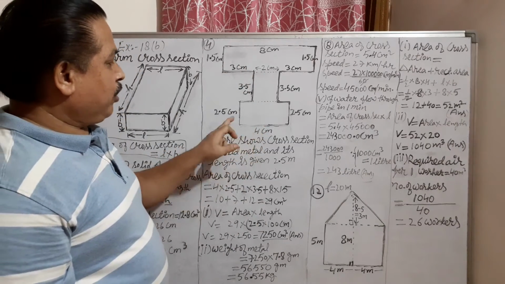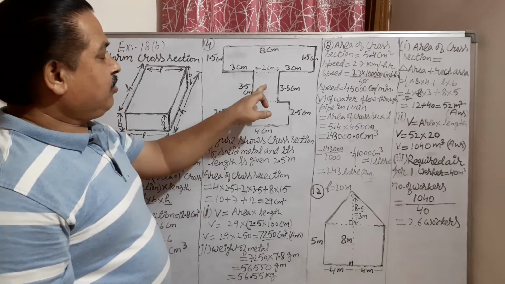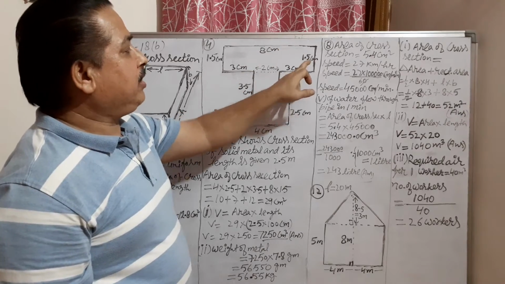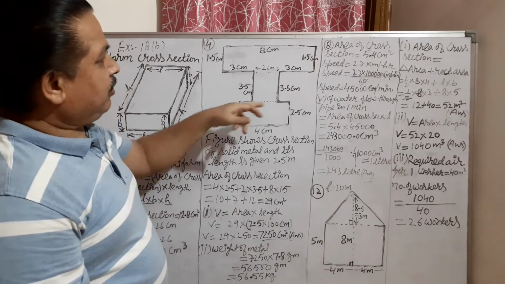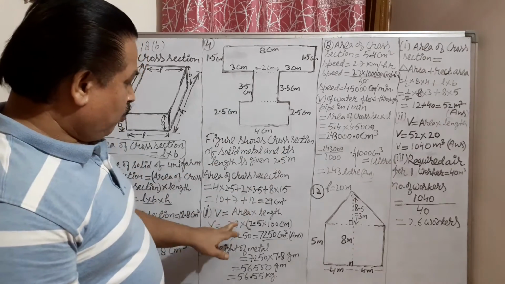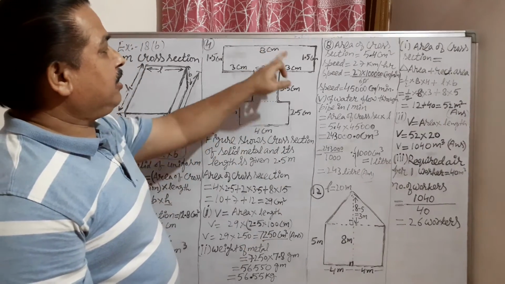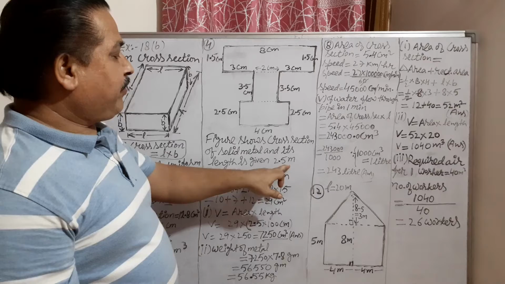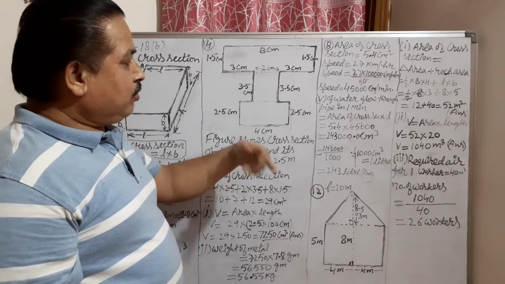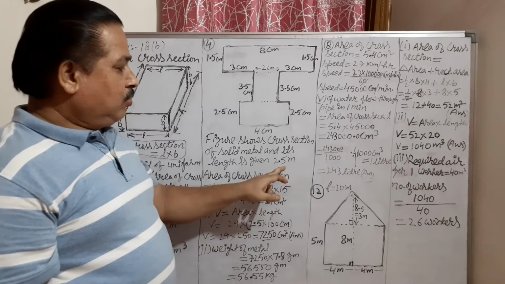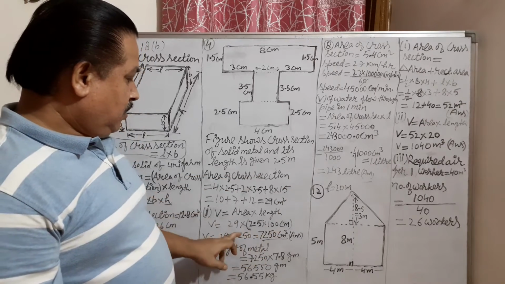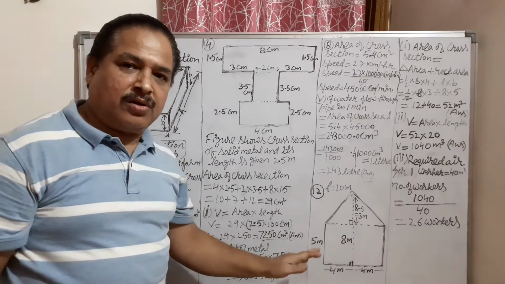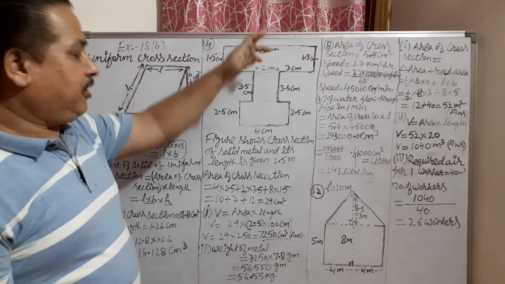This rectangle area will be 4 into 2.5, and this rectangle area will be 3.5 into 2. Similarly, this rectangle 8 into 1.5. Add all the areas. So this will be the cross section area. What is coming? Cross section area 29 centimeter square. And this block length is given like this, 2.5 meter. It is given in meter, so change into centimeters because all these are centimeters. Multiply by 100. So area multiplied by length. So what is the answer? 7250 centimeter cube. So this will be the volume of this solid.